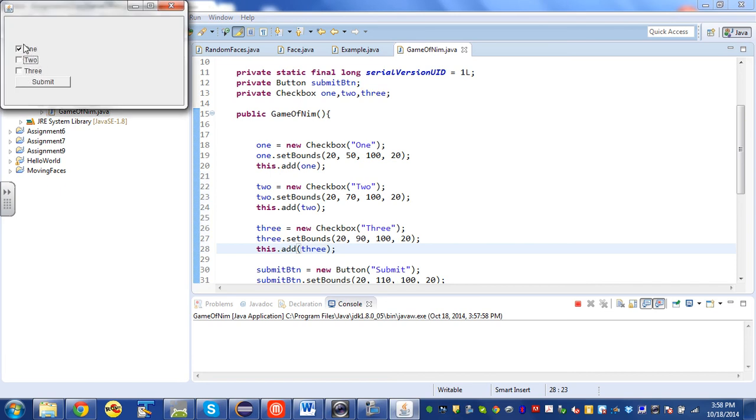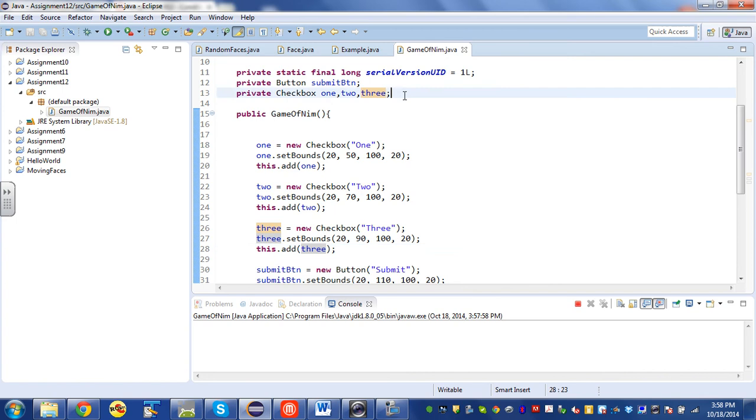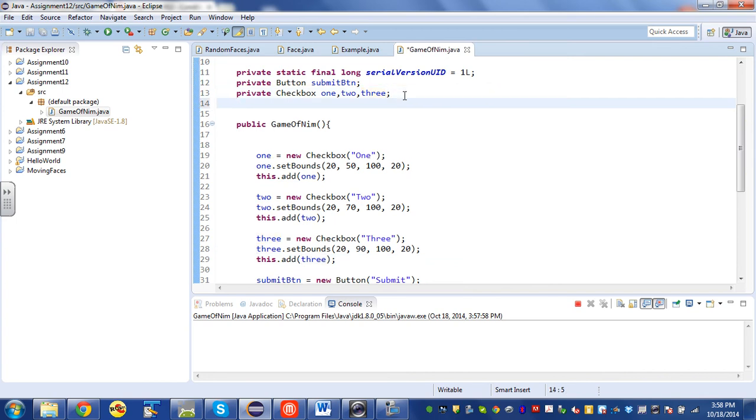Except that I've got a problem. I would really rather that this would only allow me to check 1 at a time. What I really want is radio buttons. I want to assign these to a group. If they're all assigned to the same group, then Java will only let me check 1 at a time, and they'll be radio buttons. So what I need is